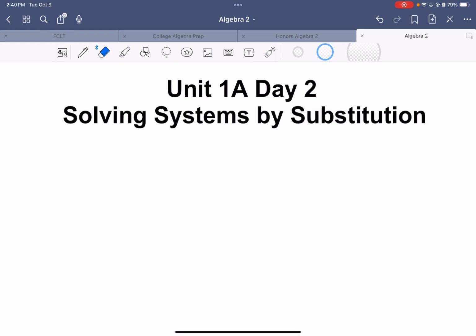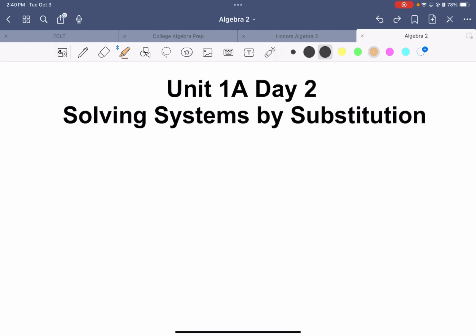What we looked at yesterday when we solved the systems was solving them using elimination and using graphing. We said the easiest way ended up being Desmos, a nice way to solve using technology. Well, technology is not always going to be available, so we have to come up with a couple different ways to solve